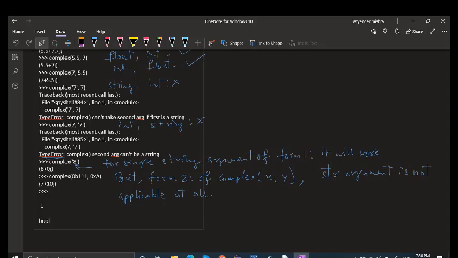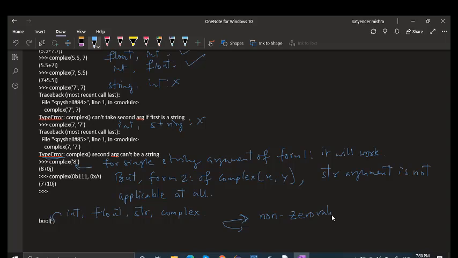So bool. Here we can put integer, we can put a float, we can put str, and we can put complex, right? So here we are going to use the concept called non-zero value.